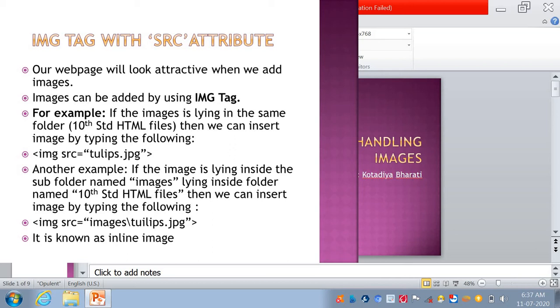It means your images are stored in the folder of 10th standard HTML files and the folder of images. Then we can insert the image by typing the following source. Here we can write image src is equal to double quotation images slash tulips dot jpg.